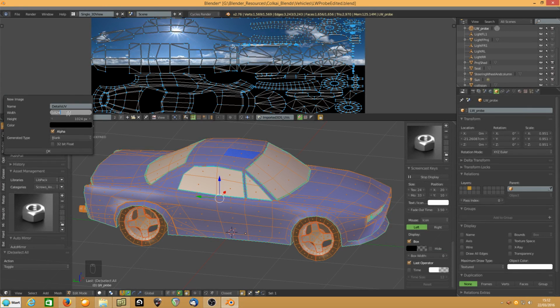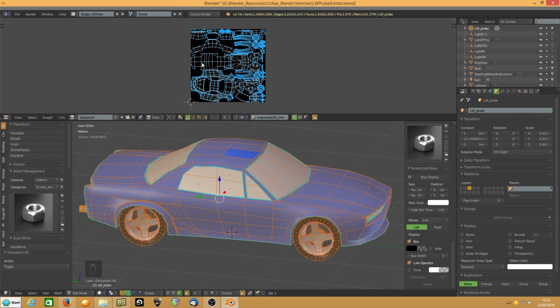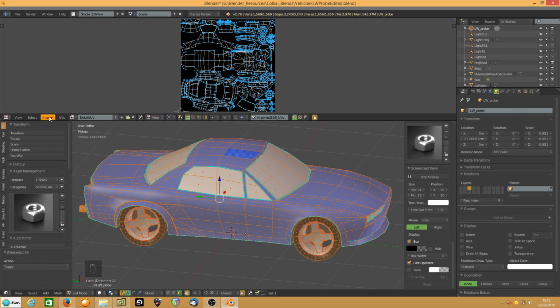I'm going to make it a 2K image. My understanding is Trackmania can go up to 4K images for textures. 2K is probably good enough to get a decent texture without blurring, but without being too heavy on memory. At this point you could also create a second image of the same size and call that skin UV,